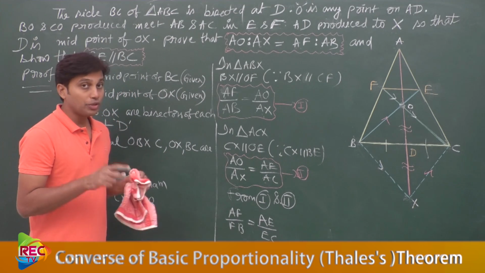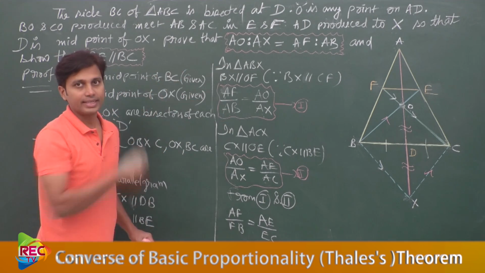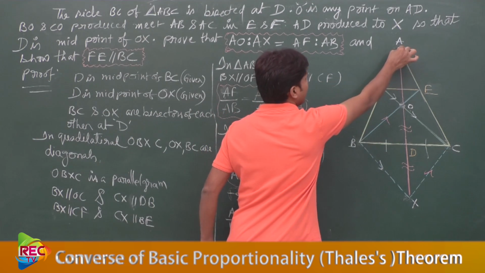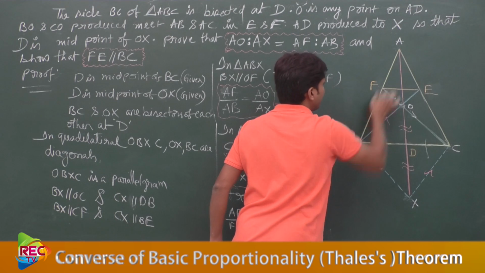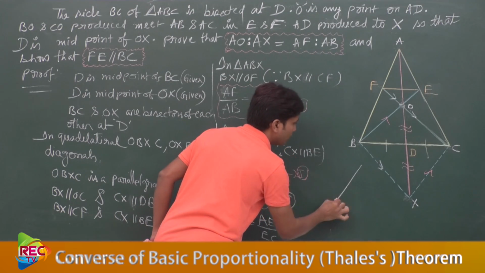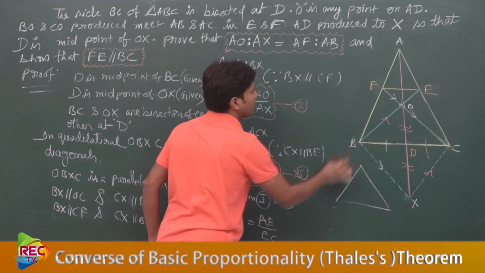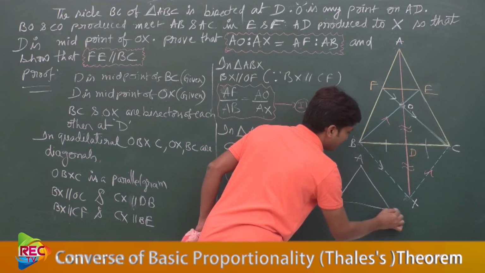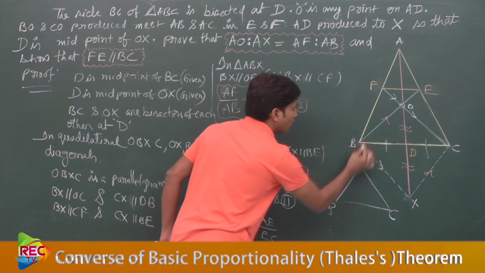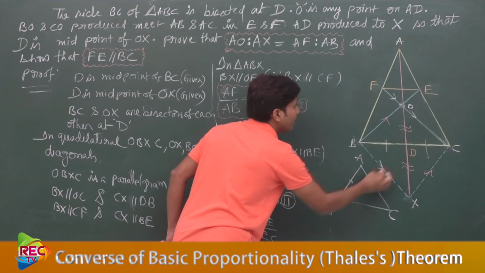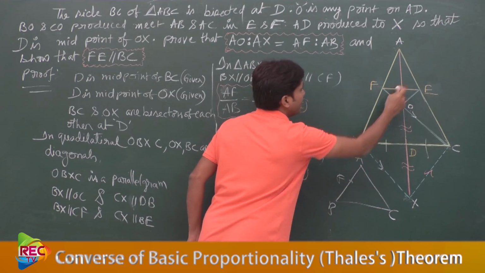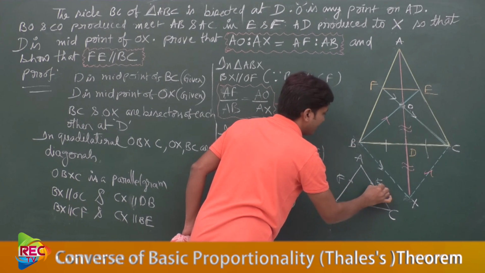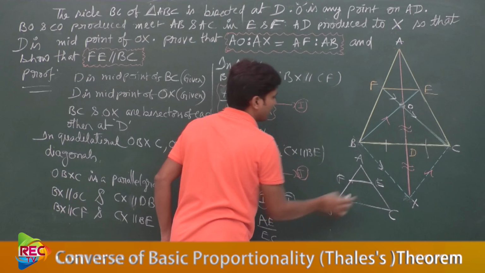Exactly. Now consider the yellow color triangle in that. What is that yellow color triangle? Just see here, ABC is the yellow color triangle. Let me draw this here. Let this be A, this is B and this is C. Now F is a point on AB. This is F. And E is a point on AC. This line is joined together.